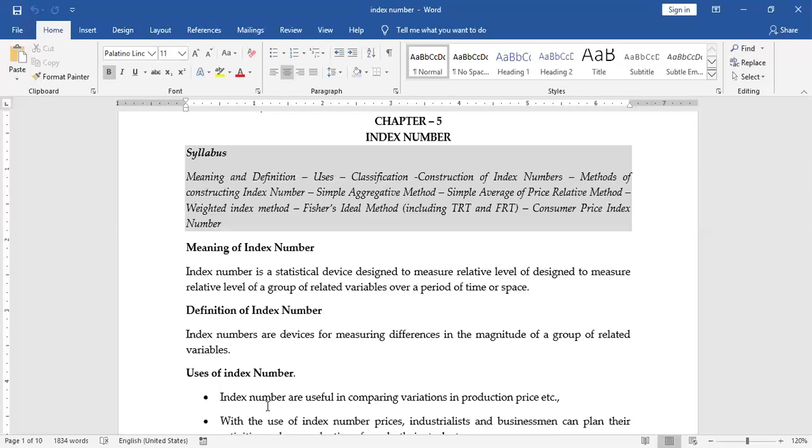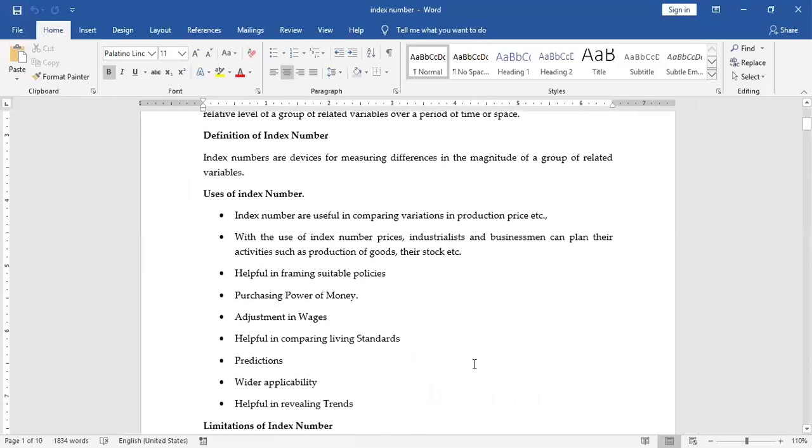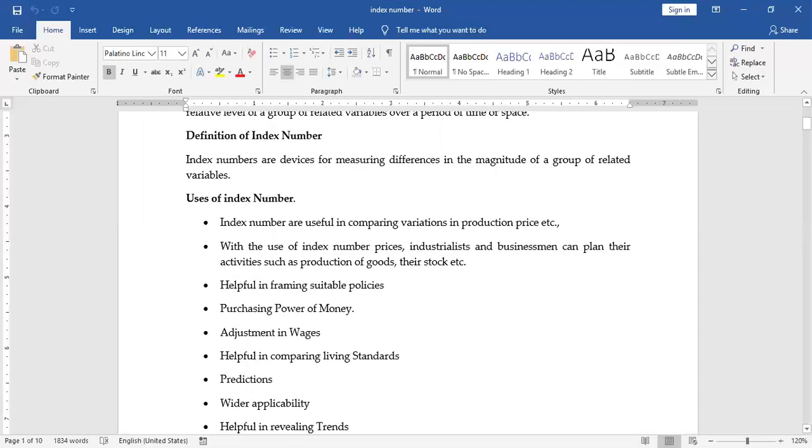Getting it right? So this is a very important point of view. Fine. Now, when we talk about uses of index number, try to understand. When we see about the uses of index number,